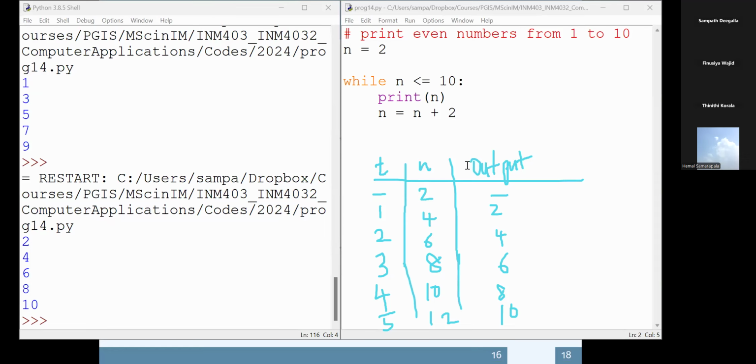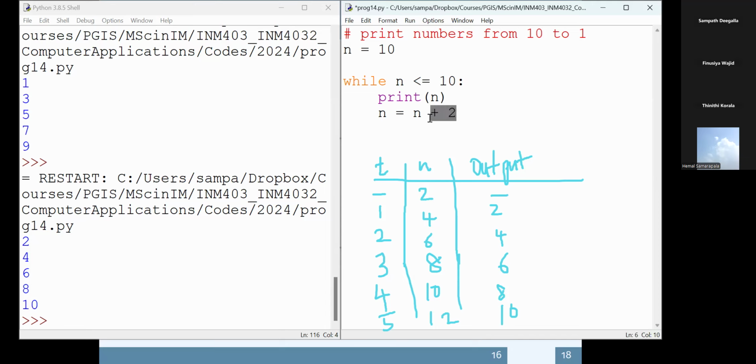Okay. Let's continue our discussion. So if you want to print numbers from 10 to 1, the idea is you have to start with 10. So that's what we need to first understand. The first thing that we need to understand is n should be 10, whatever the variable. It could be n, or you can use any other variable. Then